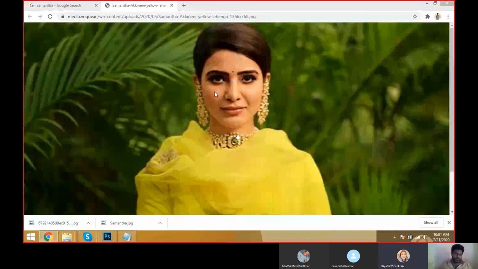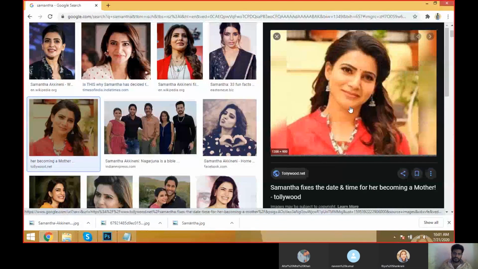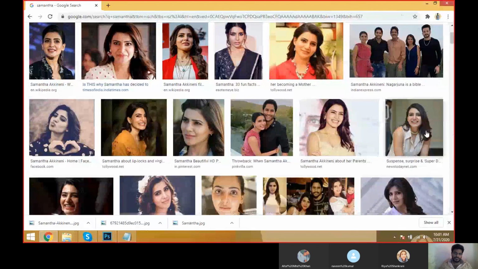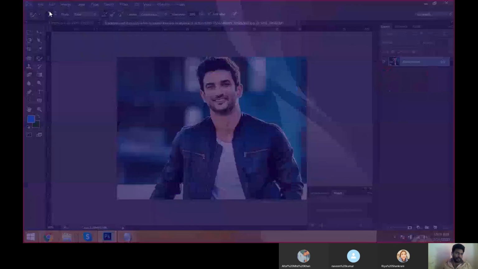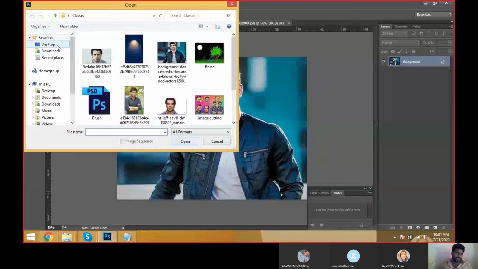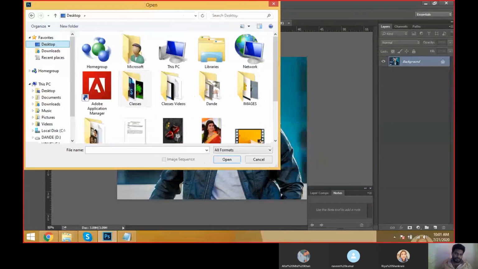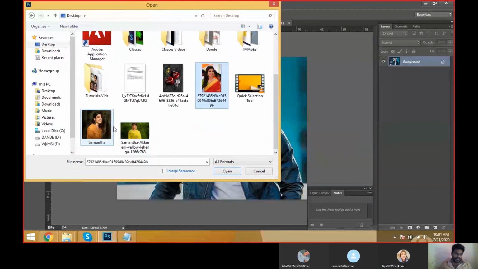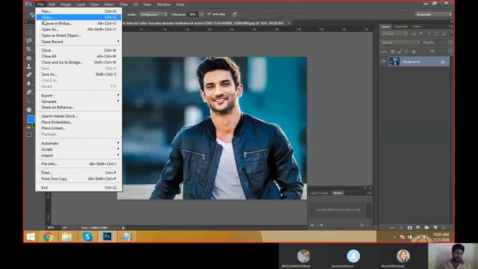Saving the files. Enough. Now we can open the file where we saved it. It is on the desktop, go to the desktop and open any file. We already saved so many files, it's not opening.